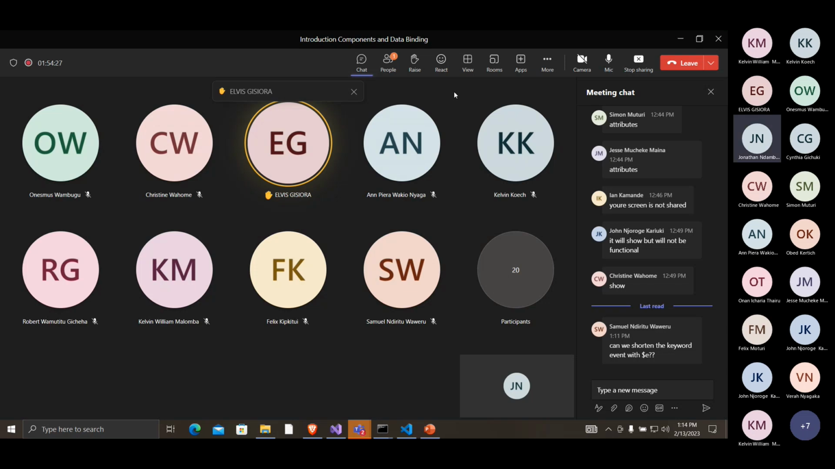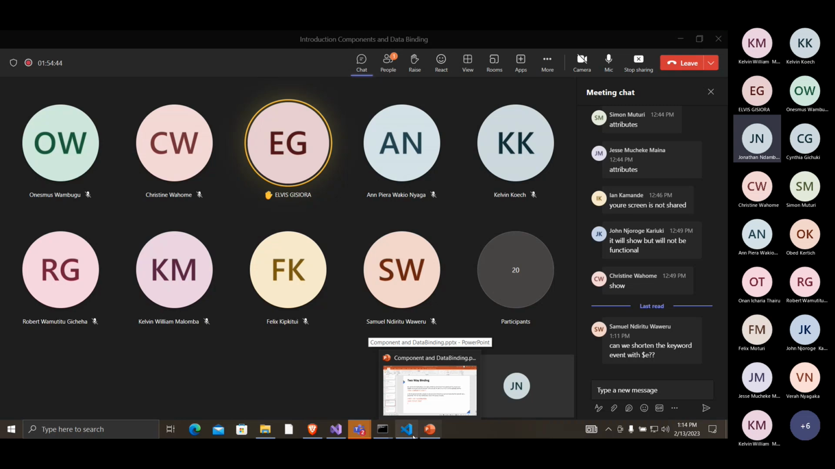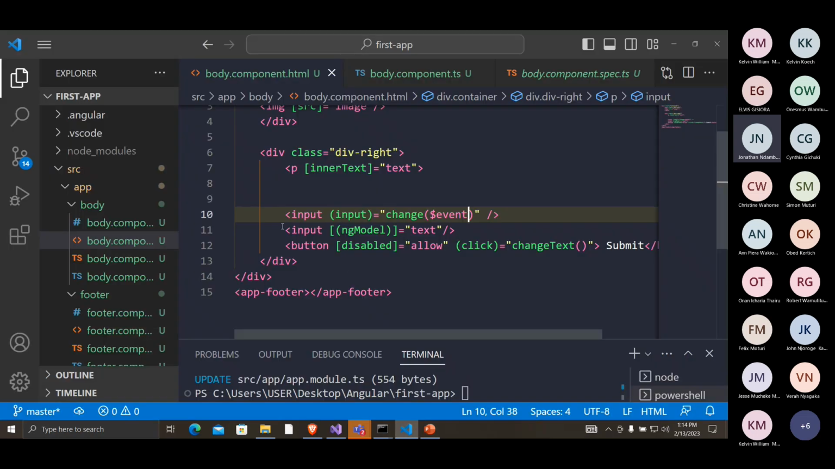Yeah, Elvis, you have a question? Yeah. So when will you use two-way data binding? The other ones are clear, but what is the use case for two-way data binding? It will come in handy with forms. That's why actually we're only using it with forms, and we have to add the forms module,